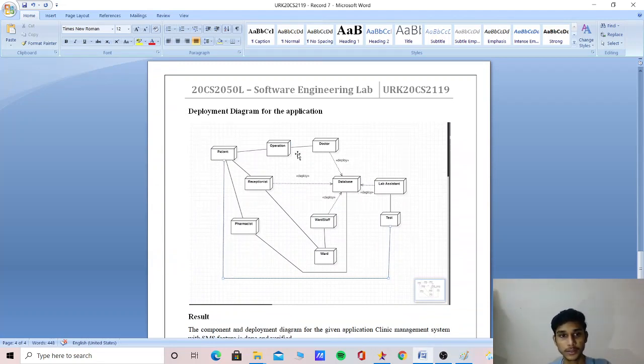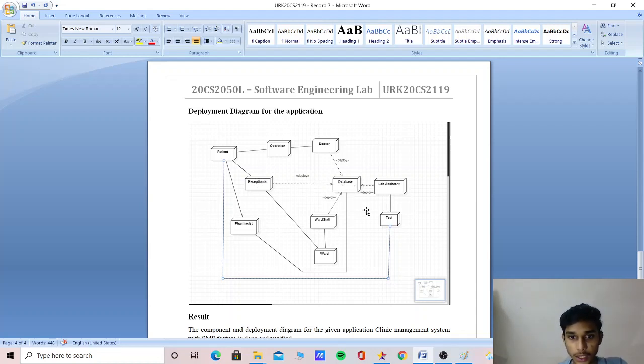First one is the patient. The patient just goes for a test, or otherwise the patient goes for the paramedic. Then the receptionist or operation, it's according to his choice. So I didn't give any dependency here. If he goes for operation, automatically he goes and consults the doctor. Then the doctor checks the database. Then the receptionist gives the database for that operation.